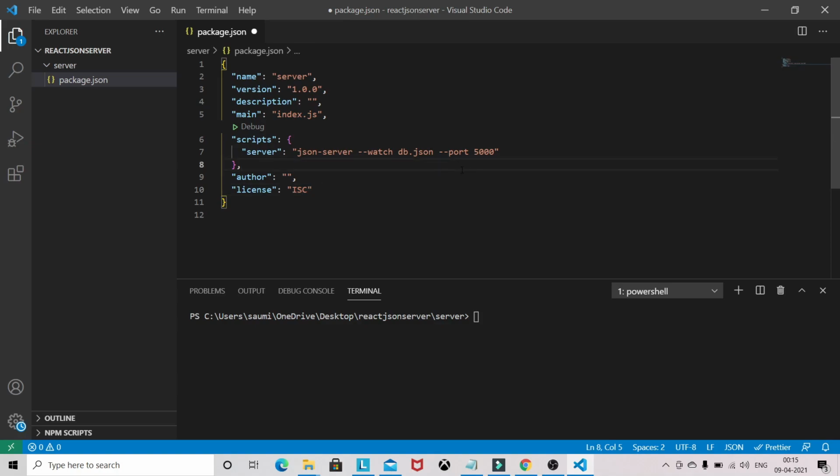Now, I think we have to add that JSON server this way actually.